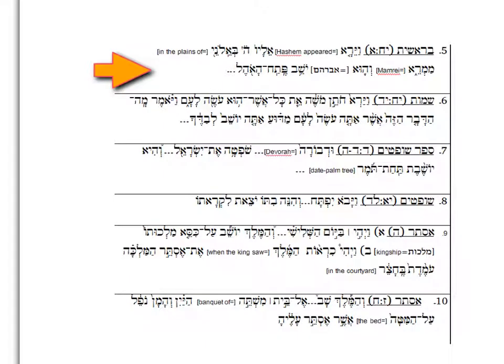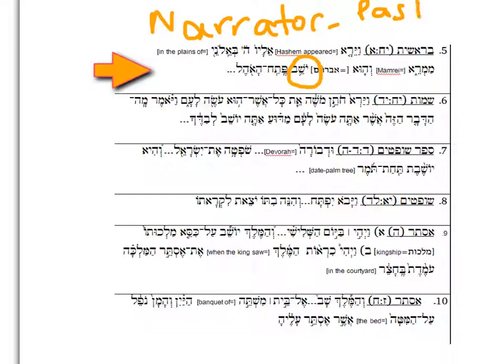Here we have 6 psukim which help us see this concept of the past continuous in action. Okay, so let's look at number 5. Vayera elav Hashem. So Hashem appeared to him, be'elonei Mamre, in the plains of Mamre, v'hu, and Avram, Yoshev petach ohel. So Yoshev is my participle. I'm just shomer. So how would you translate it? So I have a narrator. So it's going to be past continuous.